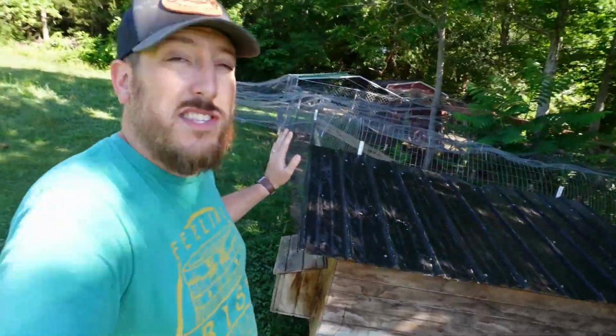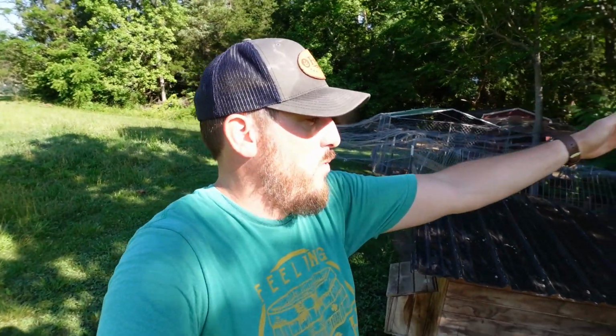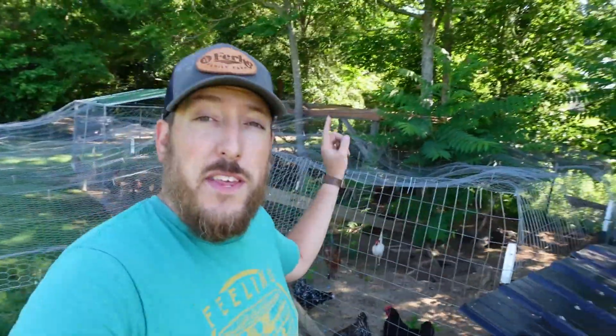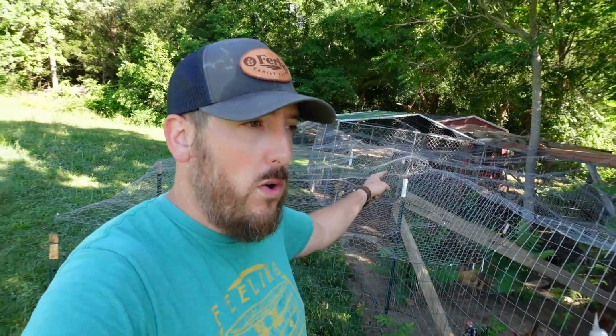So we still have to slide the duck house down a little bit to make it flush with the edge of the fence. We're gonna cut into the fence there, then we're gonna wrap fencing around the duck house here. And then what we're going to end up doing is this last run here and the middle run with the little pond, the little water hole, those two are gonna be conjoined, and this will be the duck area